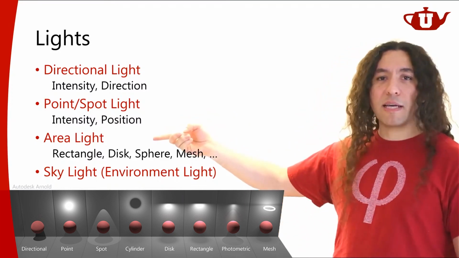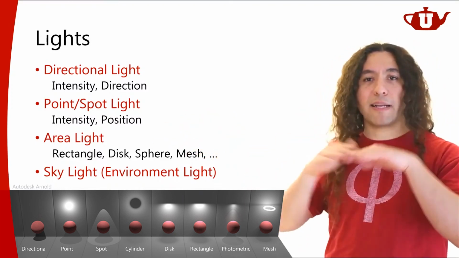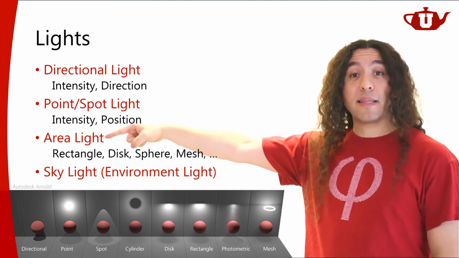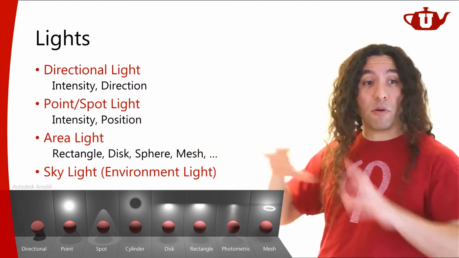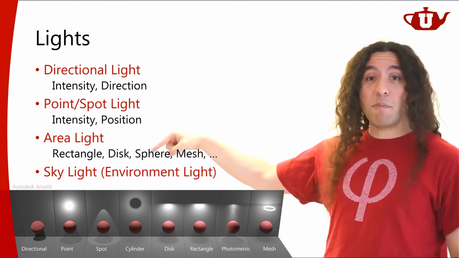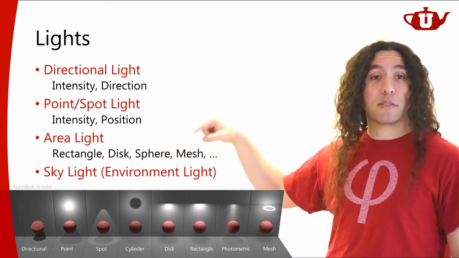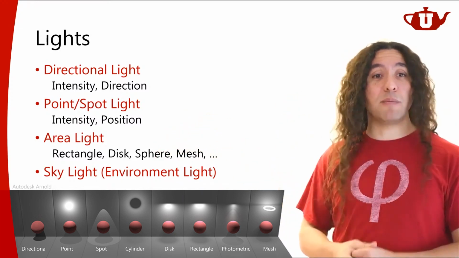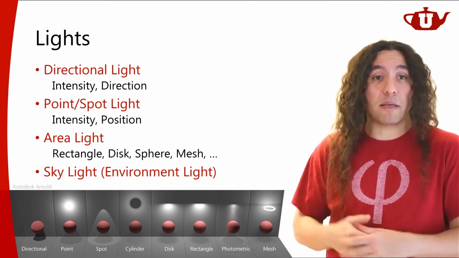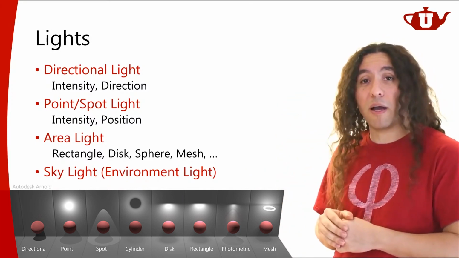So when we say area light source, don't say like it's flat. It doesn't have to be flat. It can be flat, like a rectangle light source or disk light source, or it can be a sphere, or it can be some arbitrary polygonal mesh. I can say my teapot is a light source. It can be a light source, and you can use it as a light source, and that'll be perfectly fine.